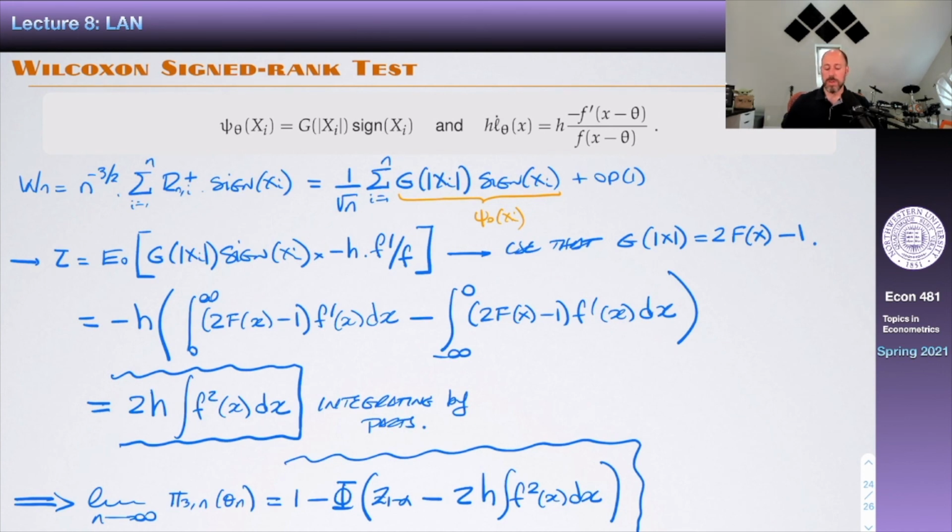Sometimes, depending on the setting that you're considering, it will be easier to just derive local asymptotic power curves using, let's say, the traditional approach. You derive distributions under the null and under the alternative, and then put things together. And in other contexts, perhaps investing in tools like this is going to have a higher payoff, depending on what you're doing.